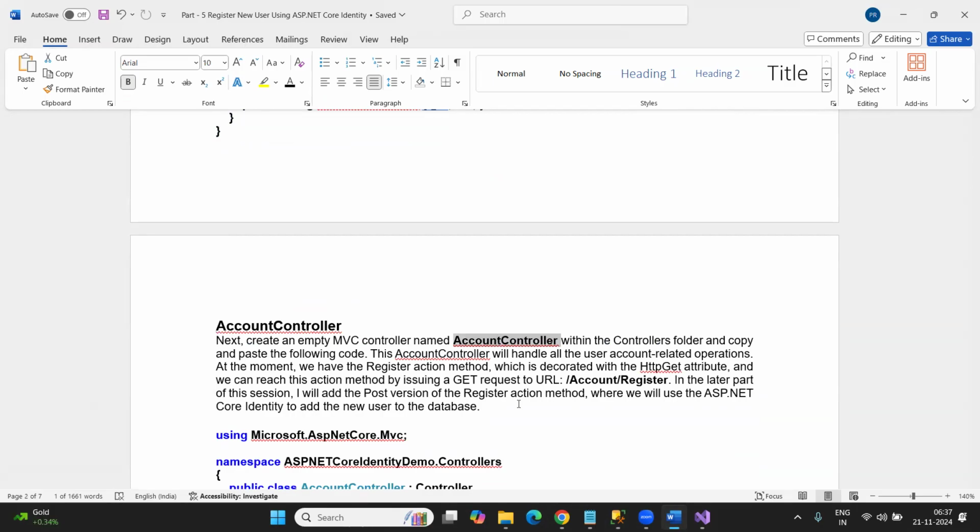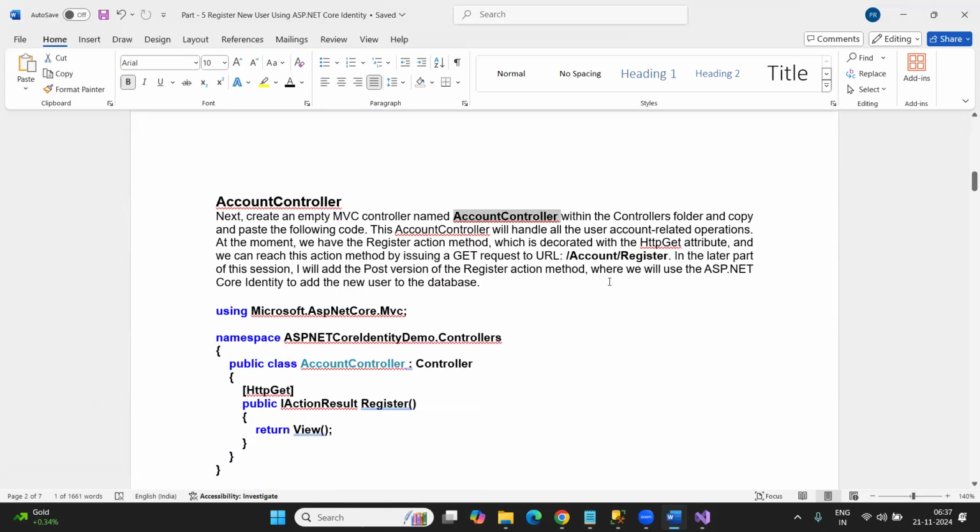Inside that account controller, all the account related functionality like creating a new account, right? Deleting an account, right? Login functionality, logout functionality, right? Forgot password. All these things we are going to put inside this account controller, right? So what I'm going to do currently is I'm going to create the account controller, and inside this account controller,